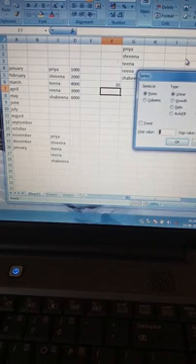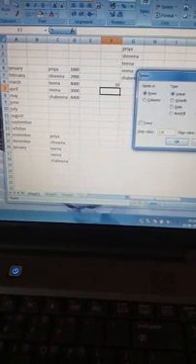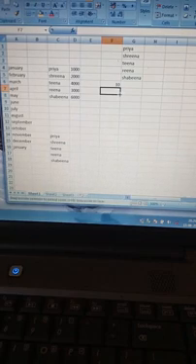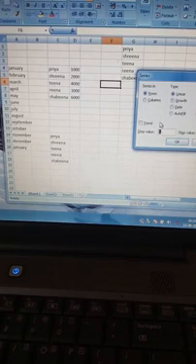After typing 10, go to the series option. Here the step value means the difference, 10, and the stop value means where it will end, 100, then okay. First the start, then series, step value, trend, and the autofill feature is there.